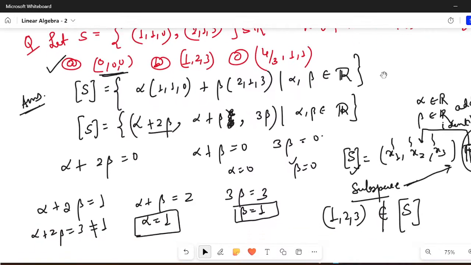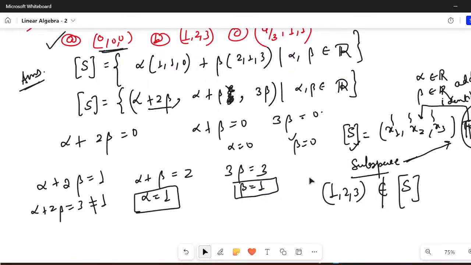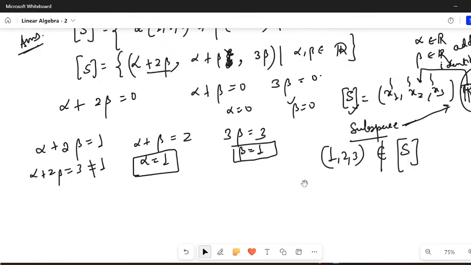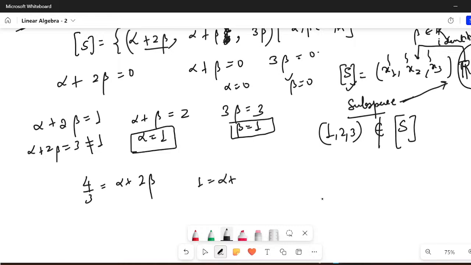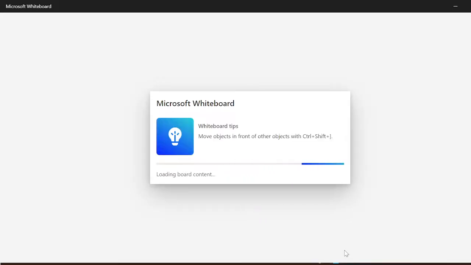And what would be the C option? For the C option, that is (4/3, 1, 1) to be in the linear span of S, I'm writing it here. For it to be in the linear span of S, 4/3 should be equal to alpha plus 2 beta. 1 should be equal to alpha plus beta, and 3 beta should also be equal to 1. So if indeed this is the case,